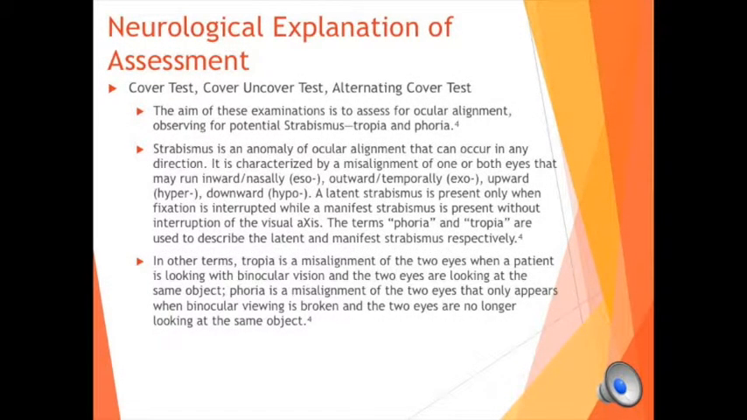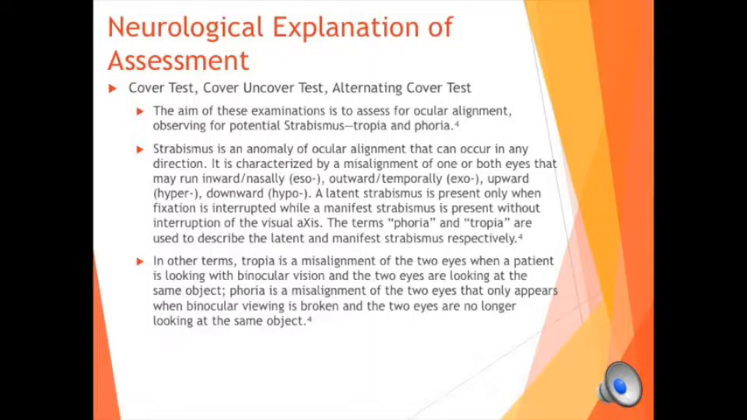Cover test, cover-uncover test, alternating cover test. The aim of these examinations is to assess for ocular alignment, observing for potential strabismus, tropia, and phoria. Strabismus is an anomaly of the ocular alignment that can occur in any direction. It is characterized by a misalignment of one or both eyes that may run inward, nasally, eso, outward, temporally, exo,